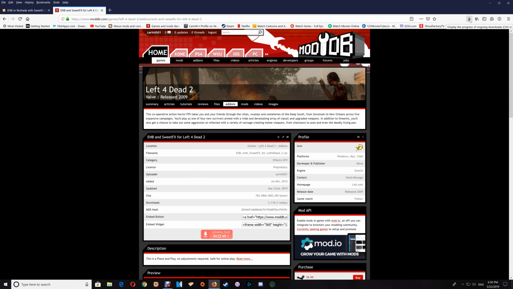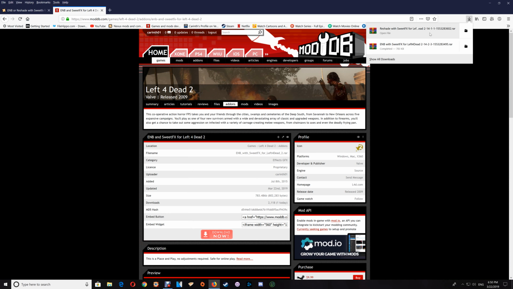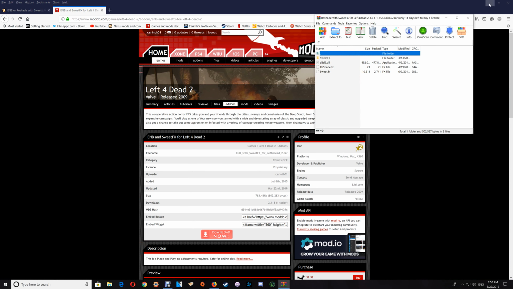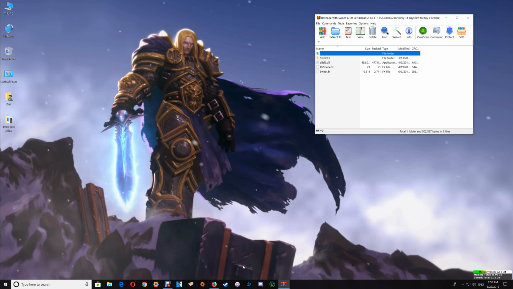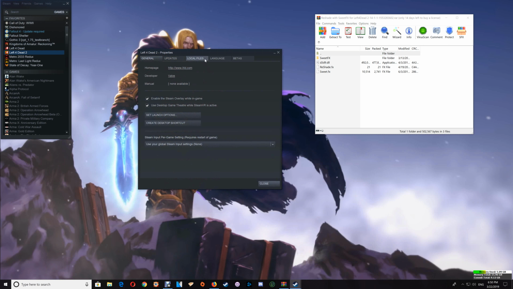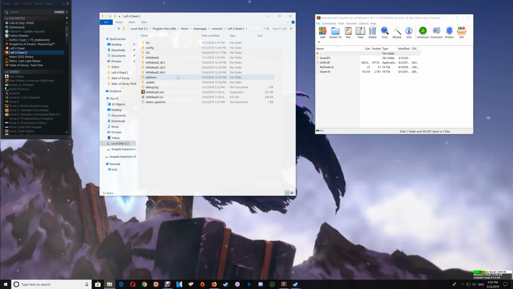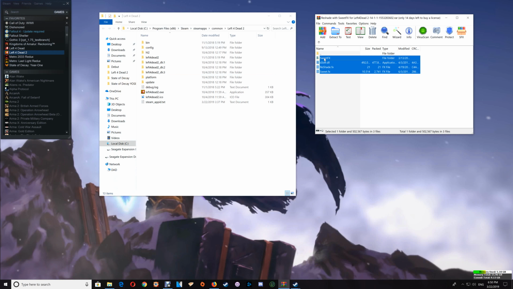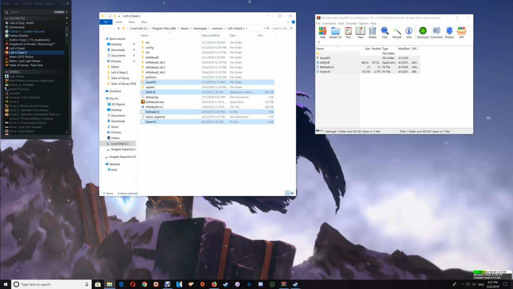Now once you actually have the download, you just want to open that up, and I'll start with the Reshade and SweetFX. So once you have that open, just minimize your browser. Then go to your Steam game library, the Left 4 Dead 2, right click, select Properties, Local Files, and Browse Local Files. Now once you have your game folder open, then just drag and drop the contents of the download into your game folder. Leave the game folder open and just start your game to verify that everything is working